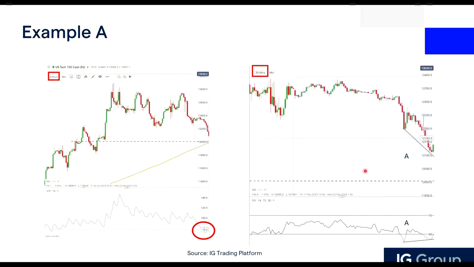So imagine if this was the live price. Example, you are trading, you look at the charts, and this is what you see forming. Right now we don't know how prices will go. We know that prices are forming lower lows and RSI is showing a higher low. So what we do over here is we think that maybe this could be a potential area for us to go into a long.